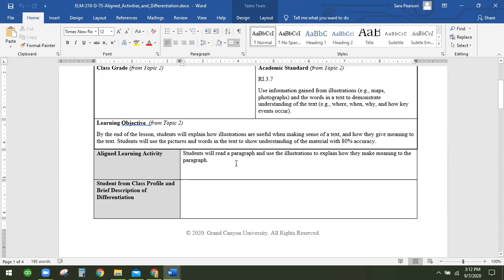For each student, try a different learning activity so you can get used to writing aligned learning activities. Make sure they match your objective and your standard very well. Next, you're going to describe the needs based on the class profile of this student. After you're done describing that student, I want you to give an idea for differentiating instruction to meet the specific